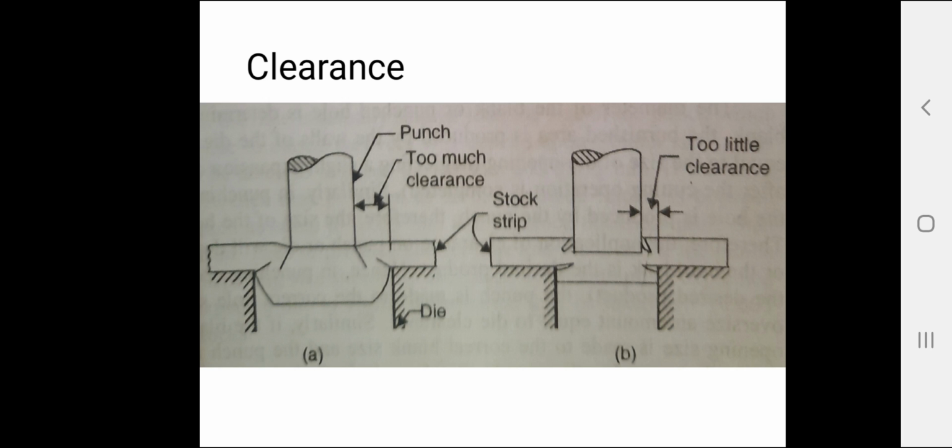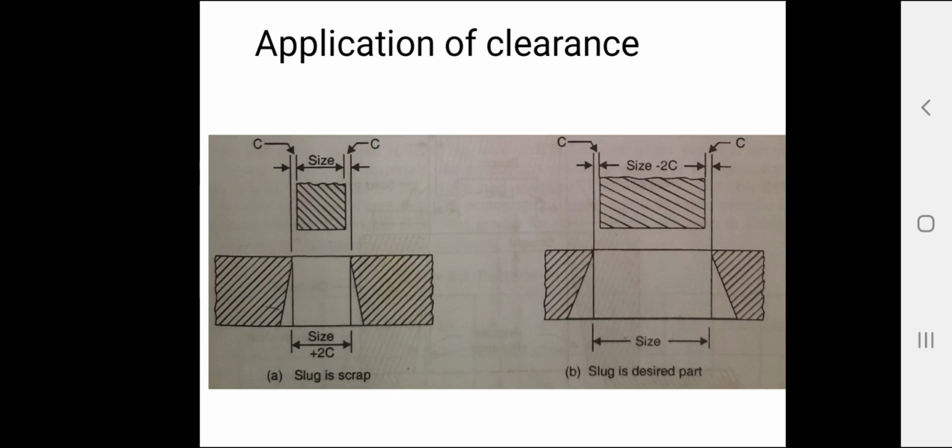One is when the hole is to be held to size, that is, the hole in the sheet metal is to be accurate. That is the punching operation. The slug is to be discarded. The punch is made to the size of the hole, and the die opening size is obtained by adding clearance to the punch size. In case of blanking operation,